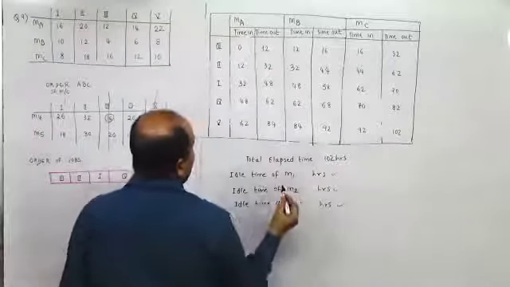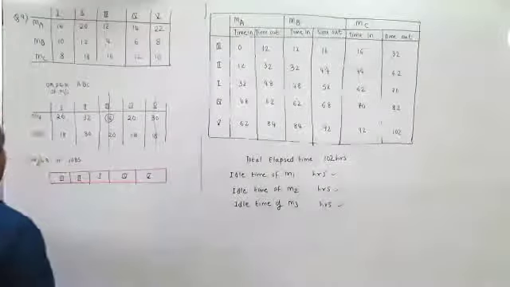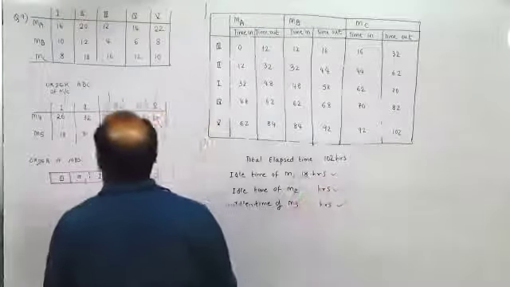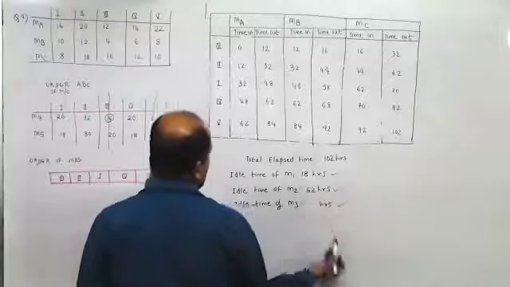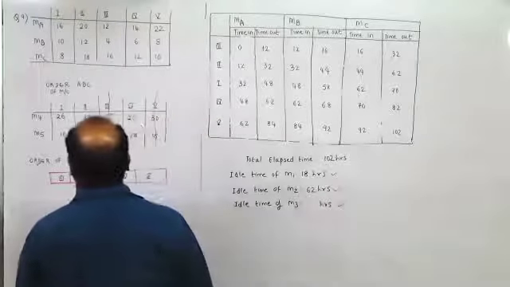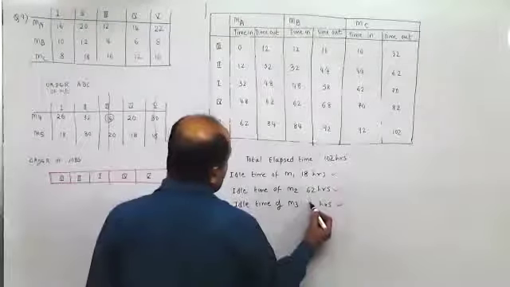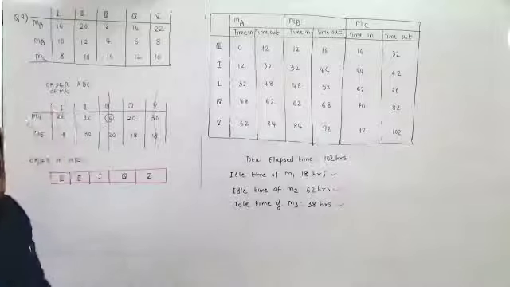Idle time of machine 1 is 16, 20, 36 plus 12, 48 plus 14, 62, 84. So here 18 hours. This would be 22, 4, 26, 32 and 8, 40. So this would be 62. Then this would be 8, 18, 26, 16, 42, 54 and 64. So this would be 38. Sir, it's correct. Correct?